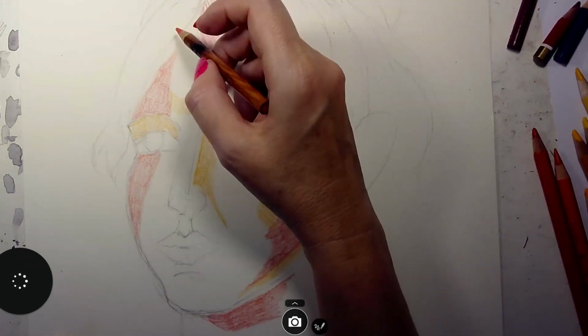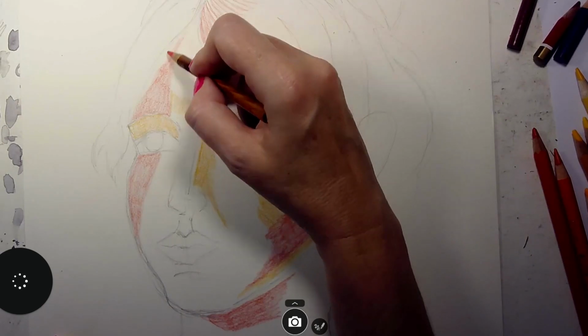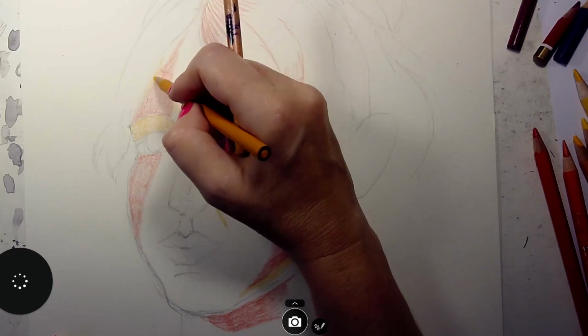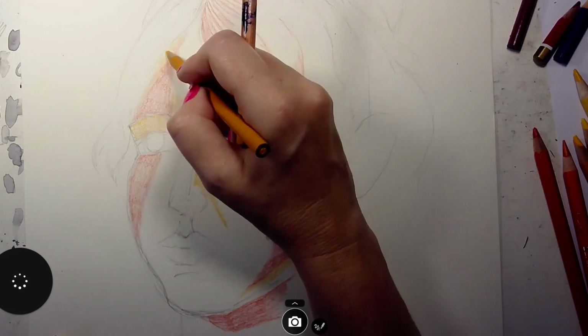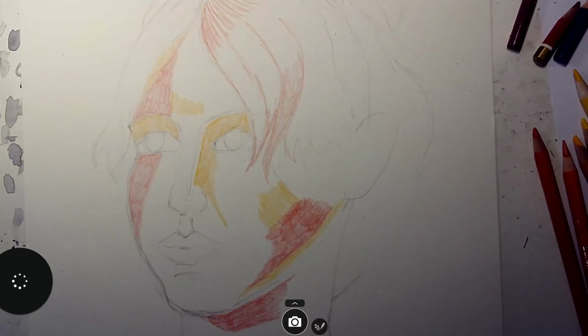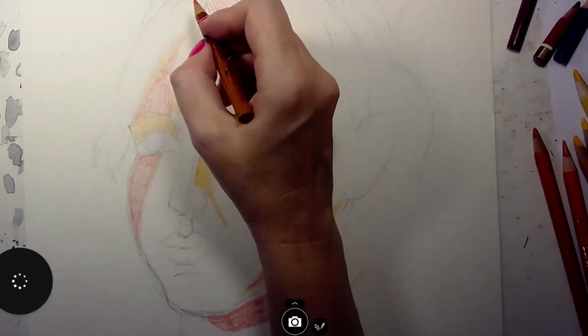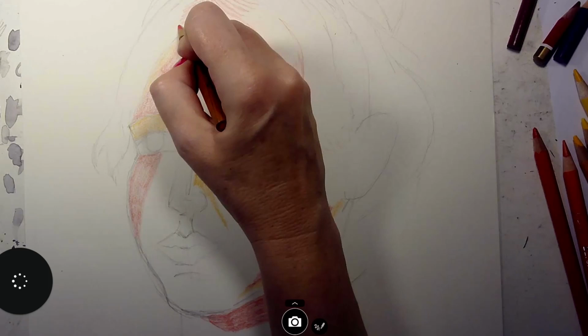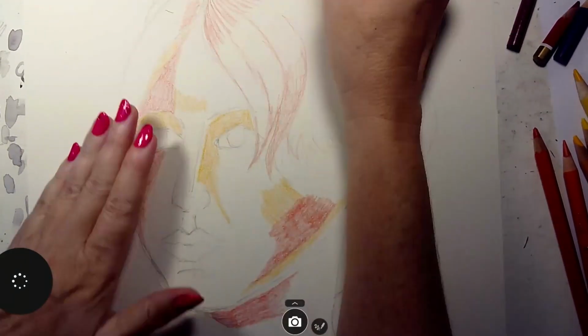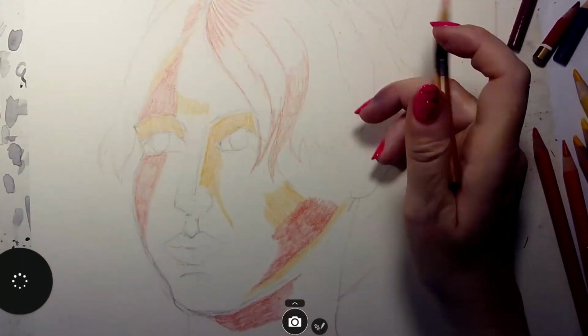Then I'm going to come back in here and I'm going to lighten this right here because there's a highlight over here. Then I'm going to put in, going to erase again and put in